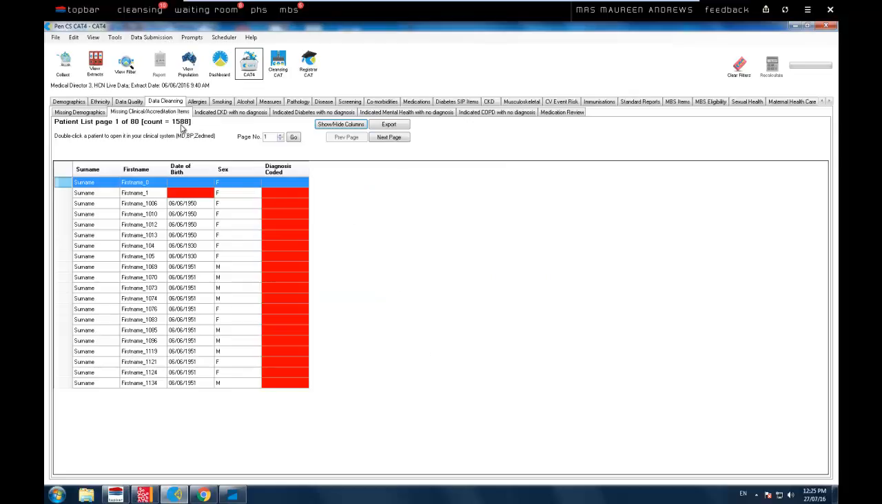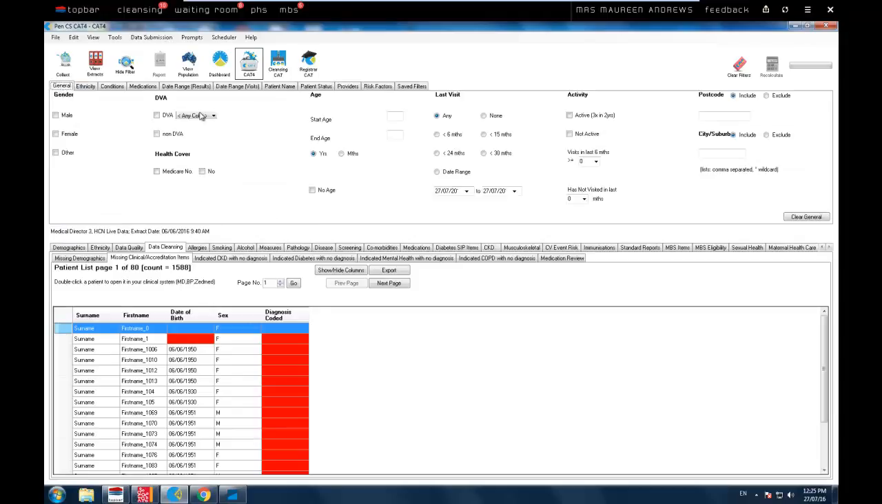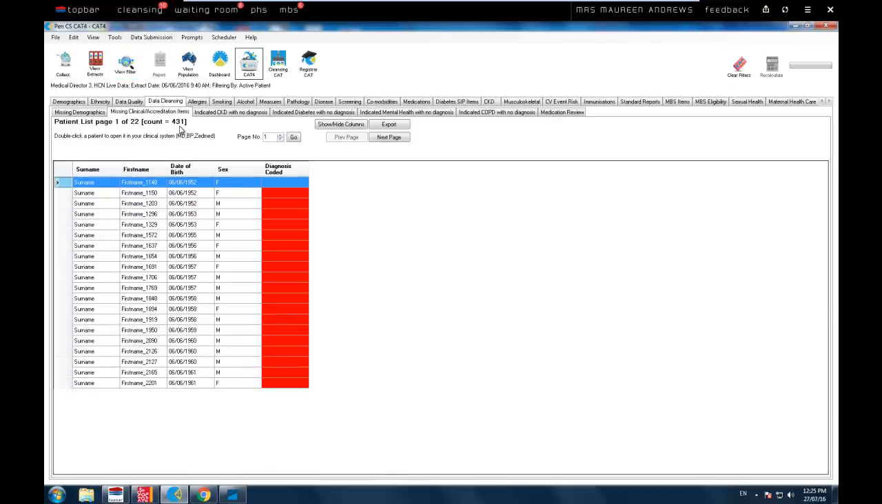So that will show you there's 1,588 patients in my case that don't have a coded diagnosis in there. Don't forget, you can filter. So for example, if we use the active filter, that has just gone down from 1,588 to 431. So, big difference. And again, that makes sense. The people that have not visited in the last 2 years